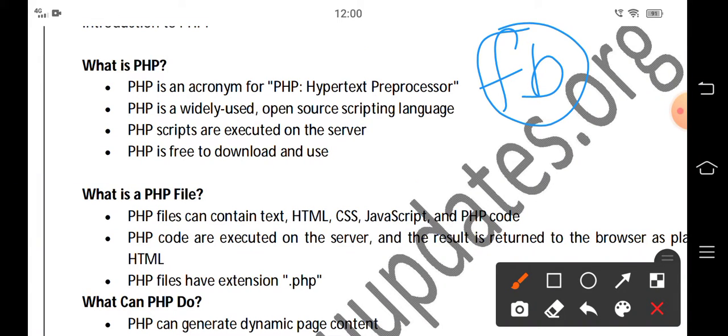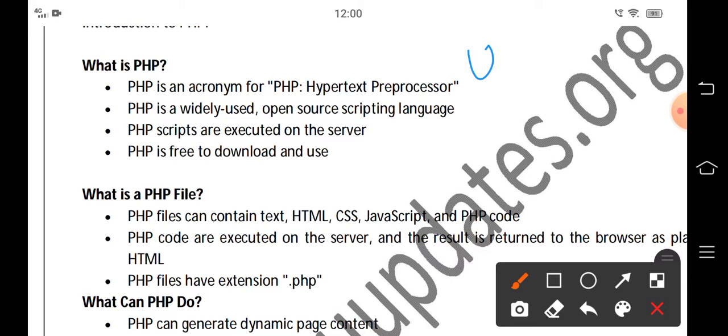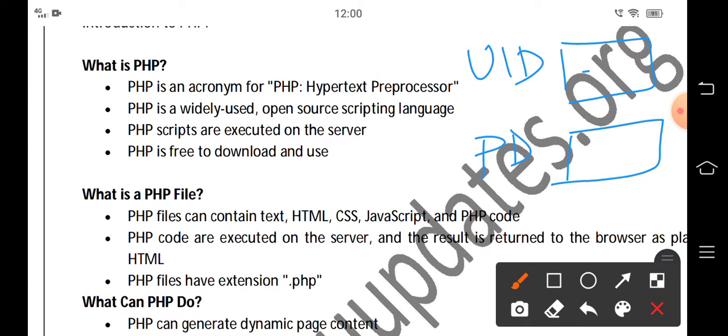You can access this account by using your username or user ID and password. Then when you enter user ID and password, if you make any mistake, you will get a warning that invalid user ID.